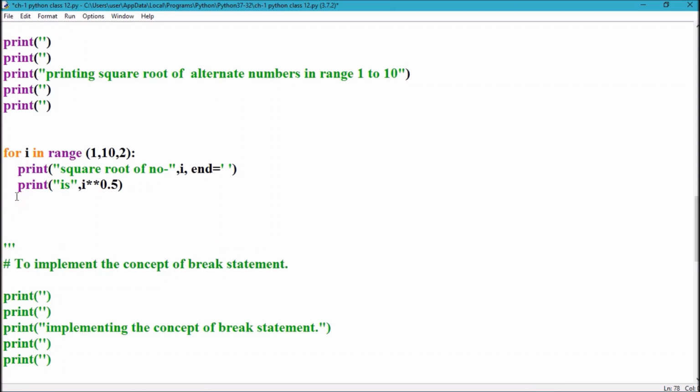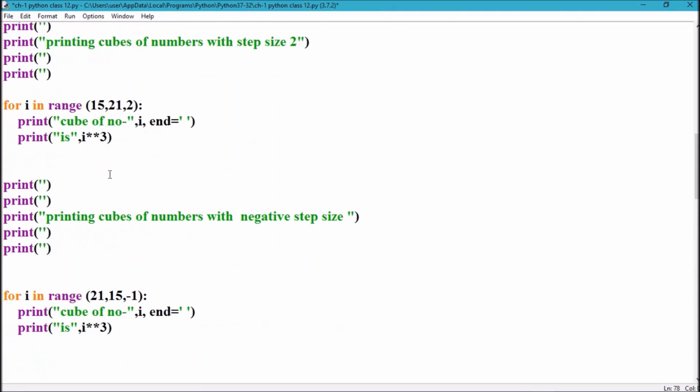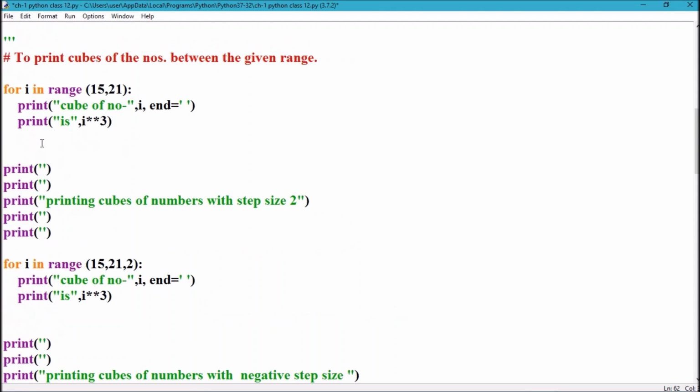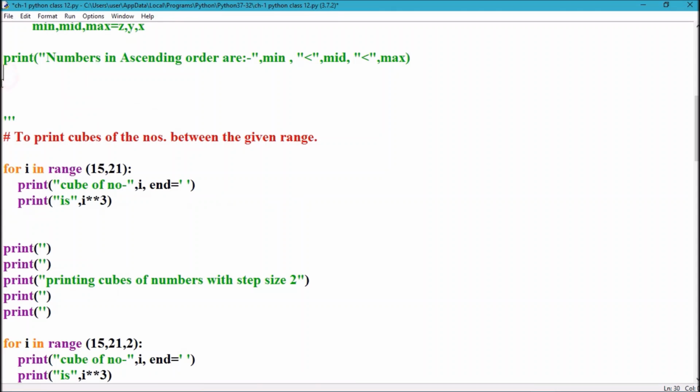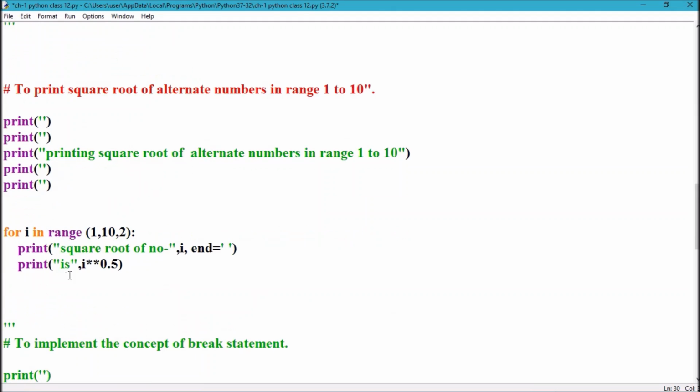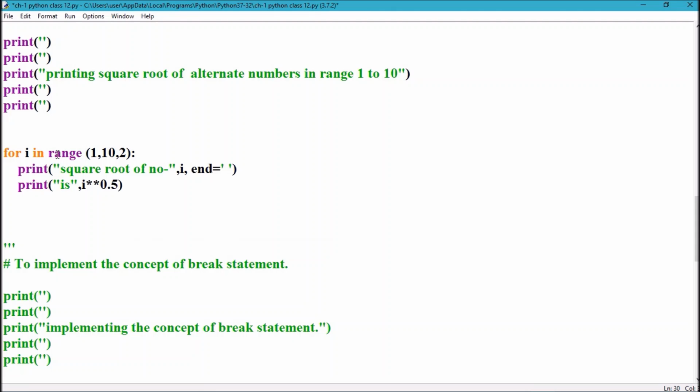In this part, we will be calculating the square root. How do we calculate the square root? Just by making a little change in the above program. Here you can see, we will be calculating square roots alternately, skipping in between, so a step size of 2 is required. We'll start with 1 and go up to 10, so up to 9 we will calculate the square roots, but we will skip one number in between.